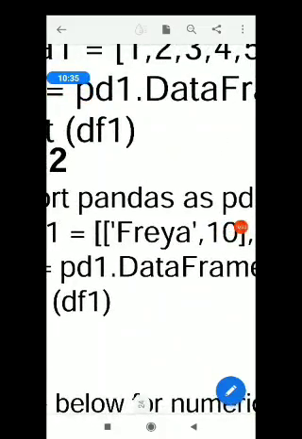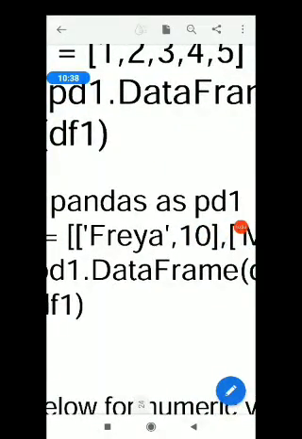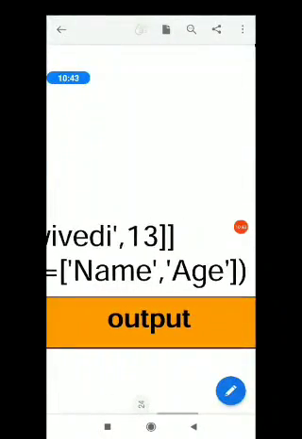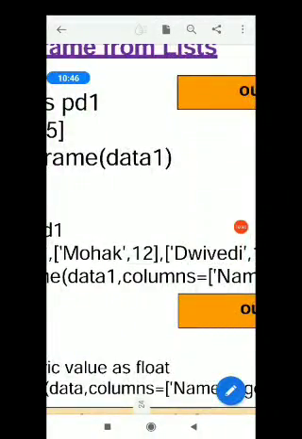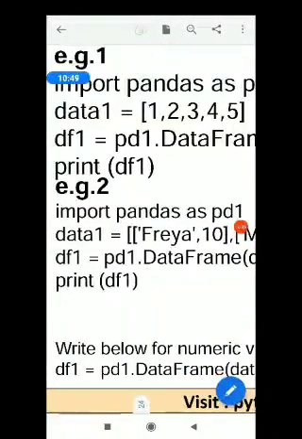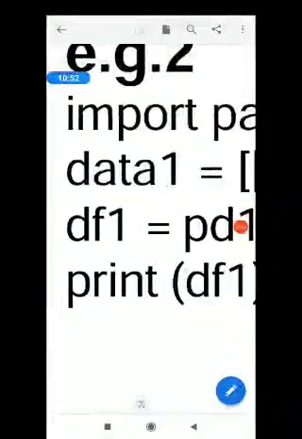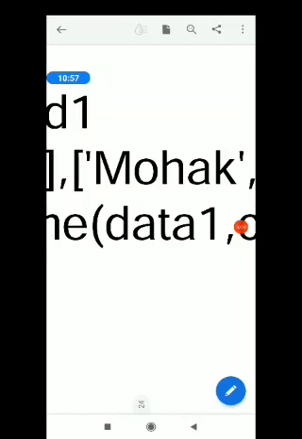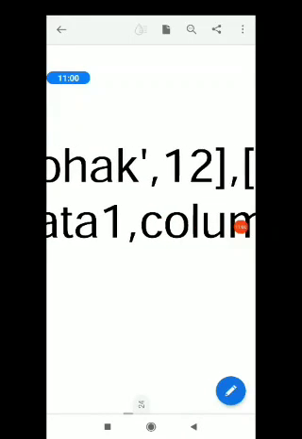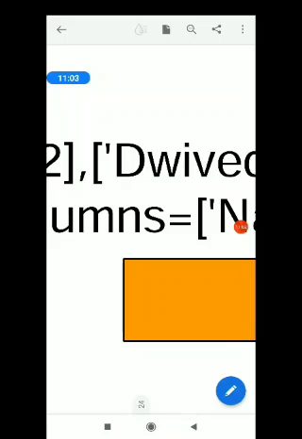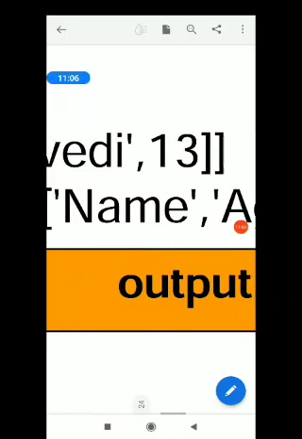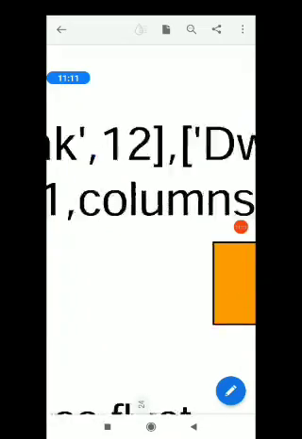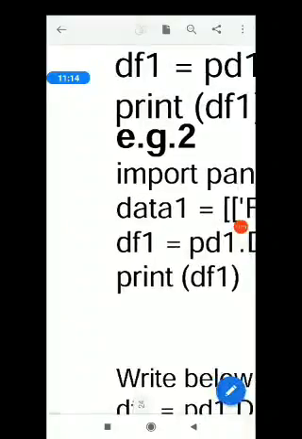Inside this bracket I'm writing name and the roll number, comma, name and the roll number, comma, name and the roll number. Three students' names and roll numbers I have written, and then I'm using the data frame creation. Use the data frame name as df1 equals pd1 dot DataFrame, and inside the bracket of DataFrame you write the list name data1, comma, the columns will be, the column names you must give, name and age. Okay, that is the age, not the roll number, name and age, and simply print the data frame,